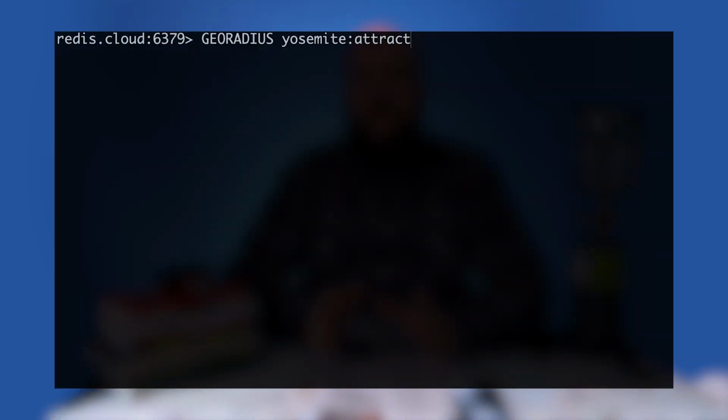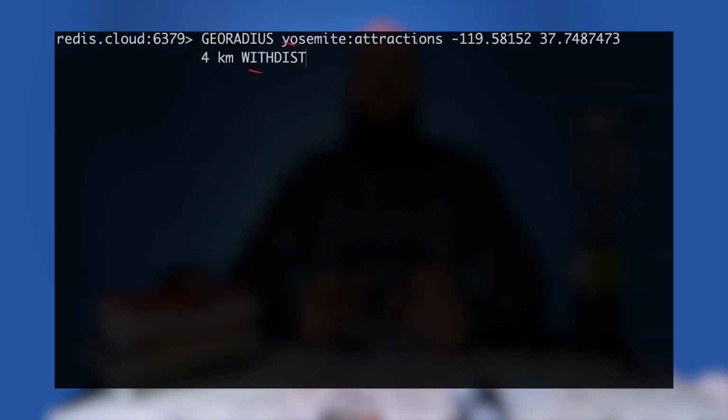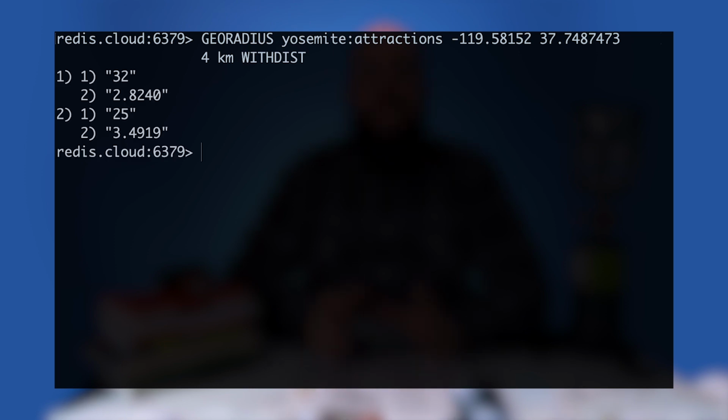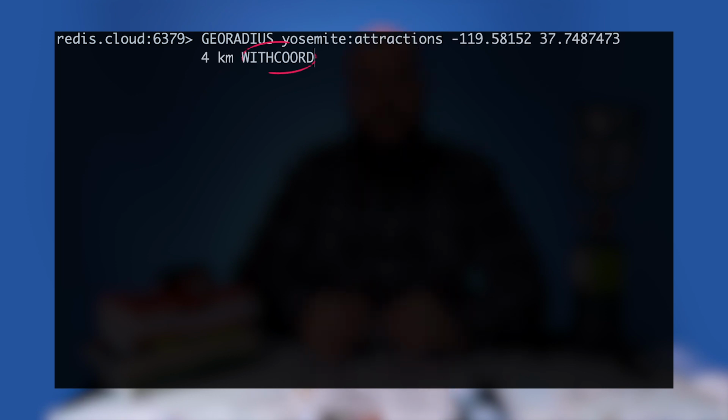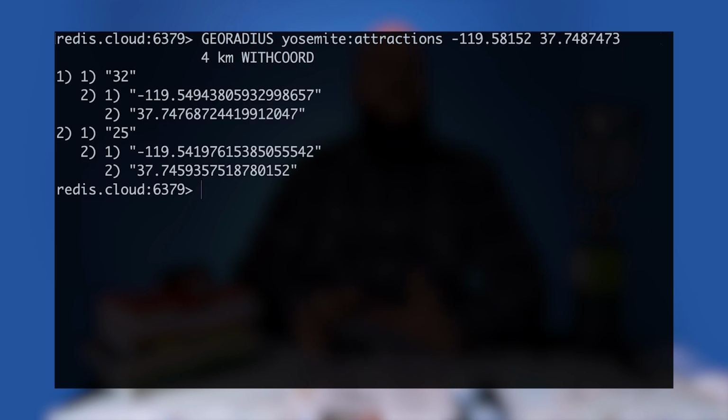We can take georadius even further with just a few optional arguments. To return the distances from the provided location to our attractions, add the WithDist argument. This adds the computed distances from our specified center for each geospatial item. To plot our return list's locations on a map, use the WithCoords option. This provides the longitude and latitude along with the key.